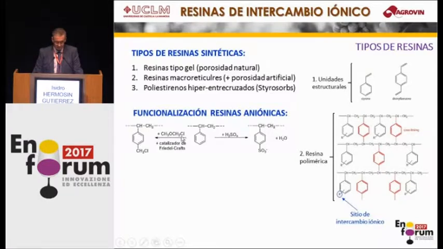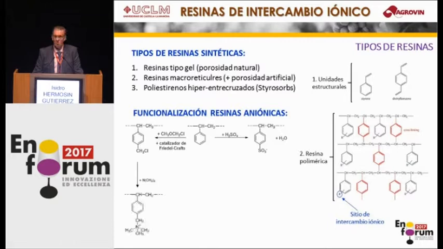In this case, we use a reactive agent, which together with the Friedel-Crafts catalyst forms a chloromethylene, which is linked to the styrene group. What we do is to replace this chlorine